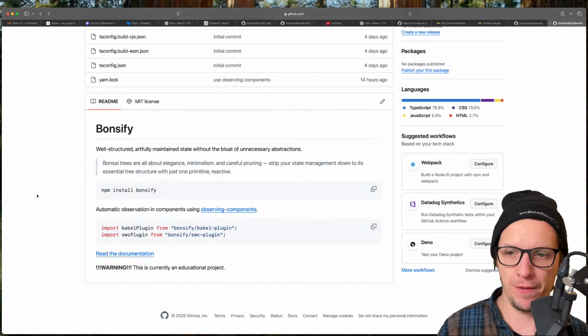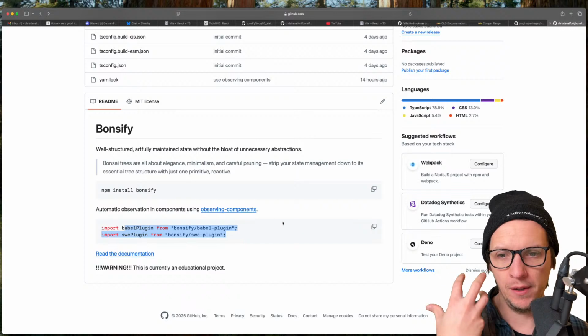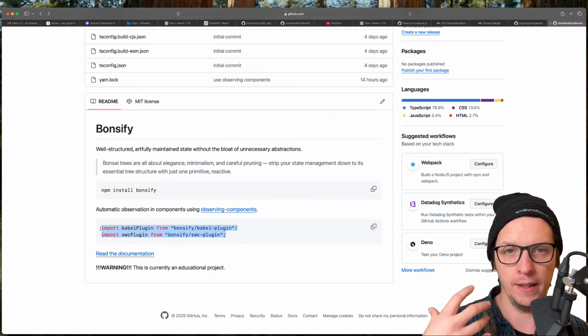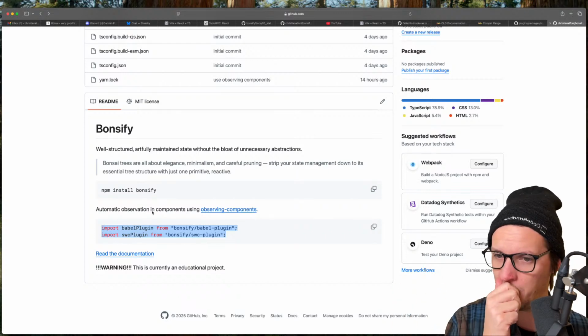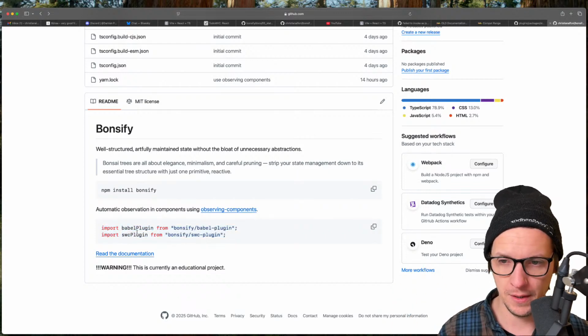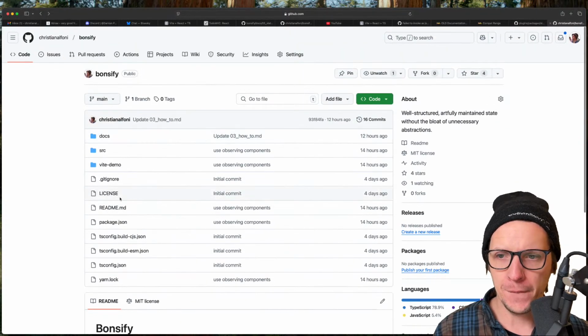And then you can configure the name of the higher order function, like the import name, and the import path. While here in these Bonsify specific ones, they just use the other library and then it defines those paths or those options for you. So you don't have to pass anything to these plugins. They're already configured. Anyways, so another thing